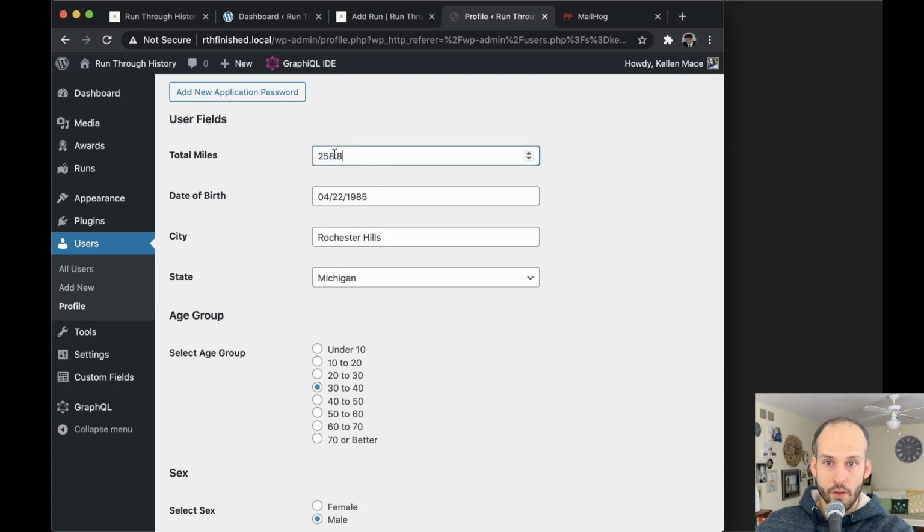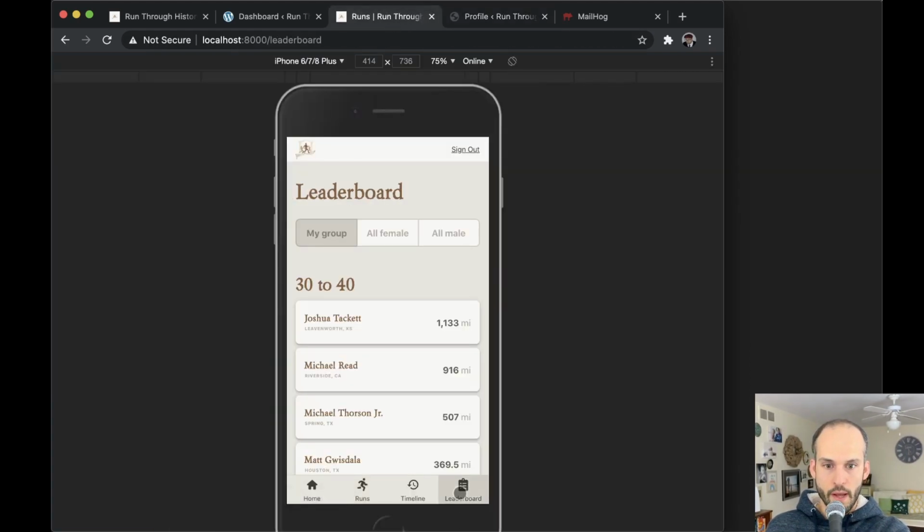And this gets recalculated. So every time a user either adds or deletes a run, I have some code that sweeps through all of the run post types with that person as the author, and it just adds up all of the miles and then comes up with the total and resets this total amount right here. This makes it very quick on the front end when we're doing our leaderboard page. So when we need to pull a list of users and then all of the totals,